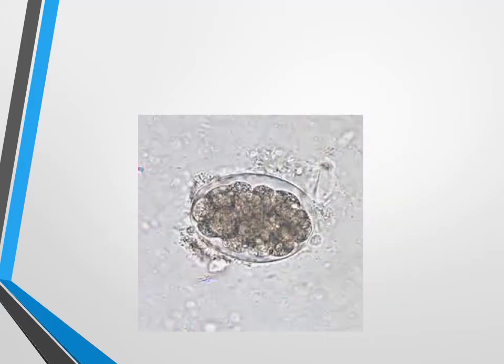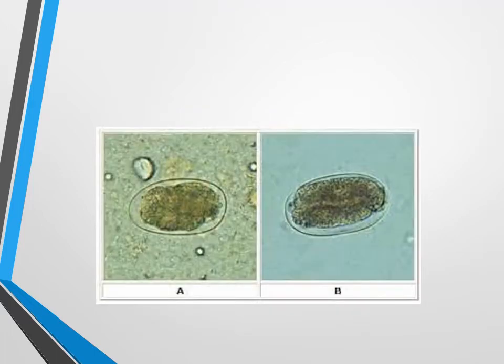Now this is another slide where you can identify the colorless hyaline shell. You can see the blastomeres. Here it is more segmented, it's not four. So it's not always that you will find four blastomeres, it can be more than that also. Sometimes it is not clearly segmented, and part of the embryo will not be visible. So I have added different pictures of this hookworm, so that whichever type you find, you can easily identify it.